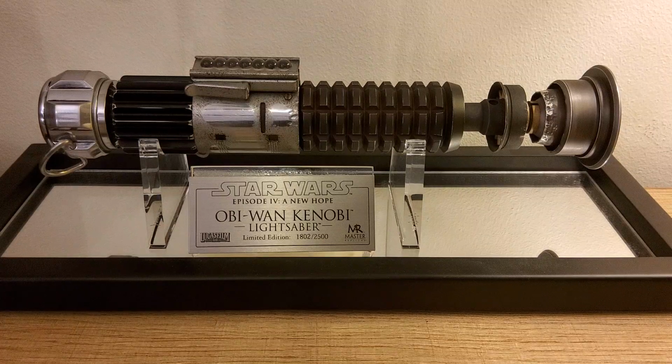I heard some problems about the Master Replicas Dooku, though, that the rubber handles or the gripping on them was just held on by glue, and it was cheaply done, and the handles were falling off on people after a couple of years. I just think that Master Replicas could have come up with a better design than that if they're going to be making something that's supposed to stick around for a while. But a better designed Dooku I might be interested in. So I don't know if the planets align and EFX does something with that. That'd make me happy. So anyway, here's my Episode 4 Master Replicas Kenobi